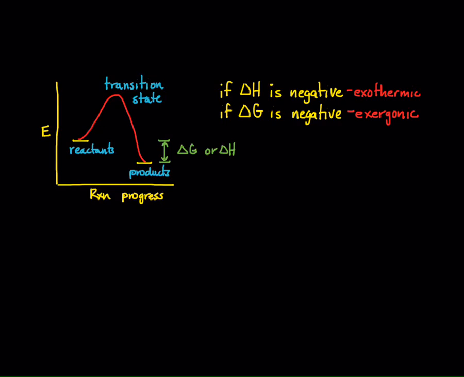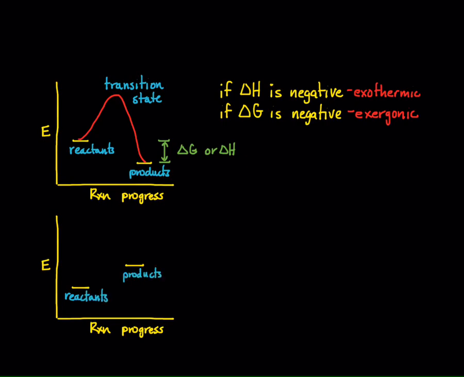Okay, so that's referring to delta G. Delta H, negative value, exothermic. Delta G, negative value, exergonic. And likewise, we can take a look at a reaction progress in which the reactants are more stable than the